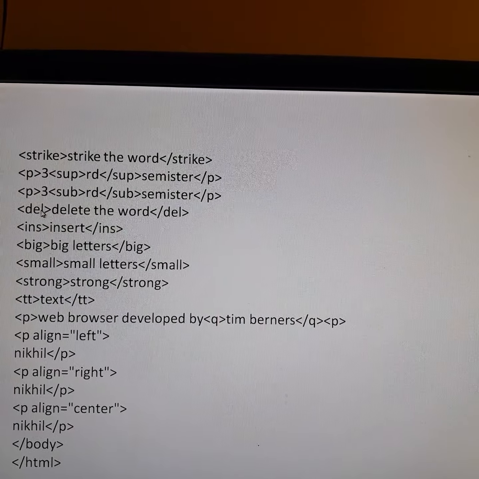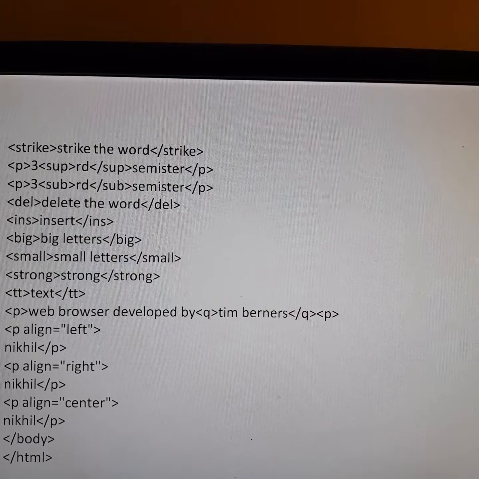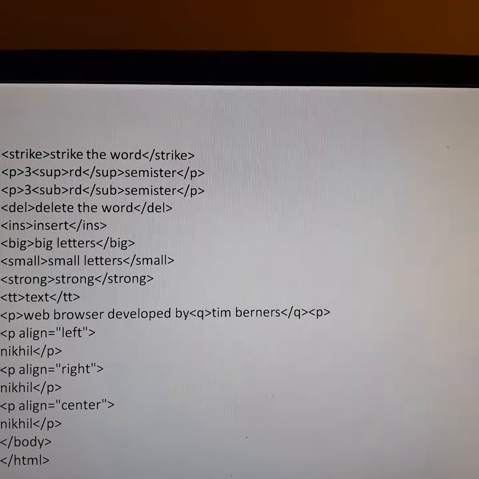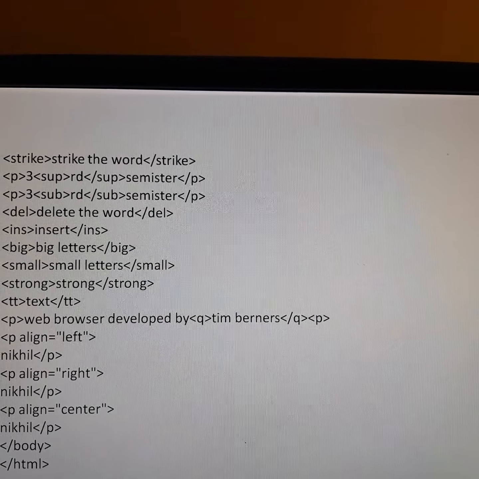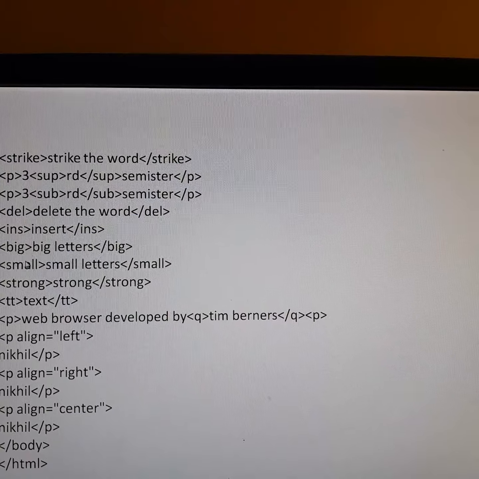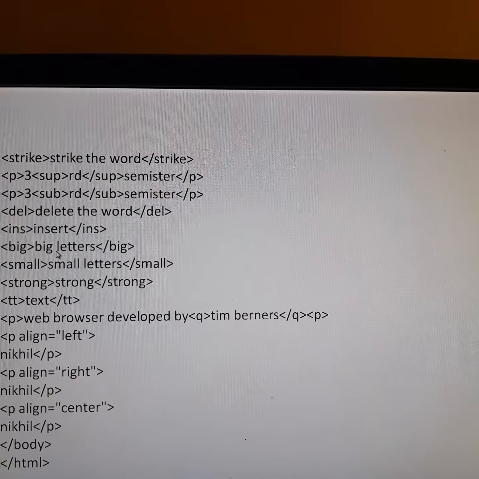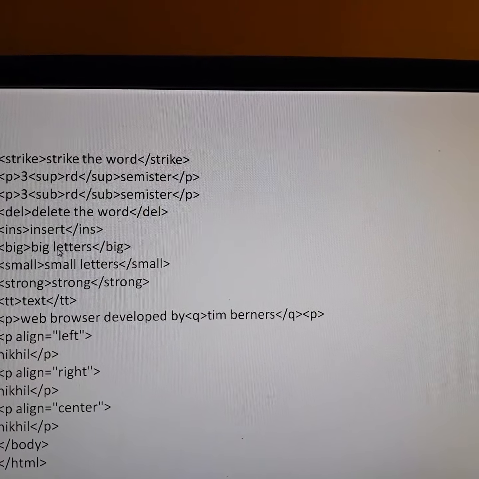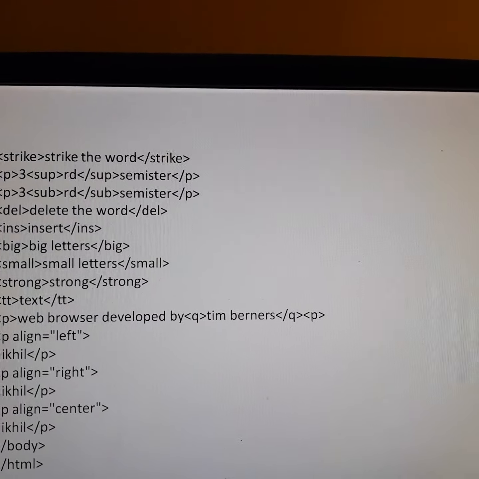Here deleting means it does not completely delete, it will just strike off that particular text what we have written inside the tag. INS insert. Big means it will convert this particular text to big letters, like that we use for H1 tag.